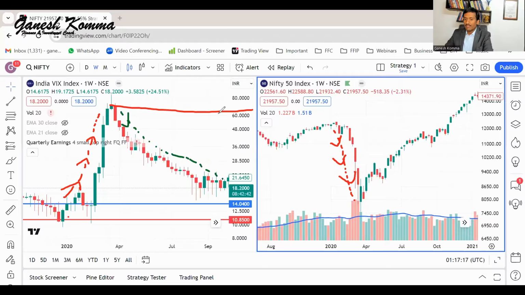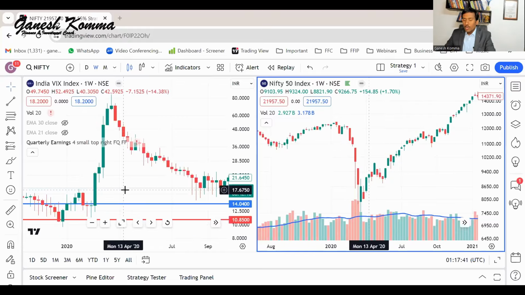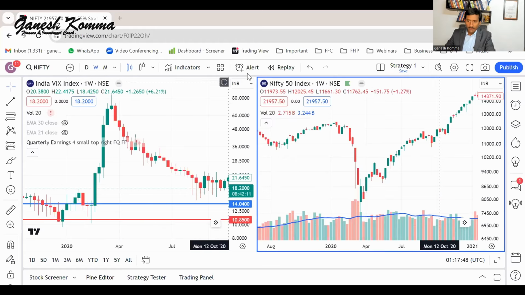After a certain time, from March 2020, India VIX started to decline from 67 levels, which it touched as an all-time high. As India VIX started to decline, and as it is inversely correlated, Nifty 50 started to move up. So as a smart and intelligent investor, it's important to keep these things in our purview and check certain factors.